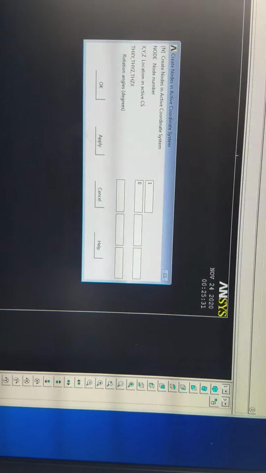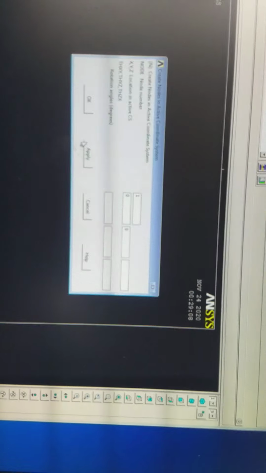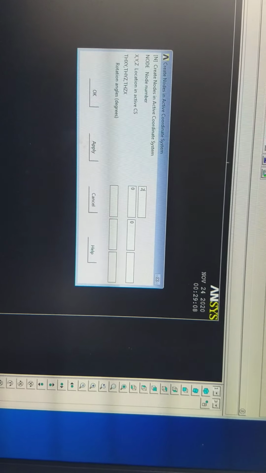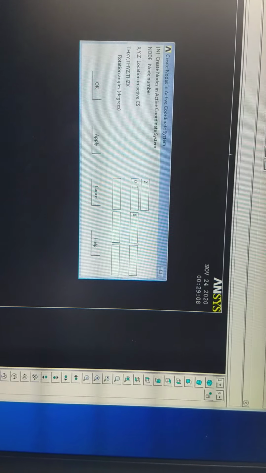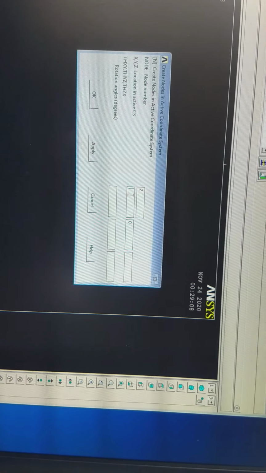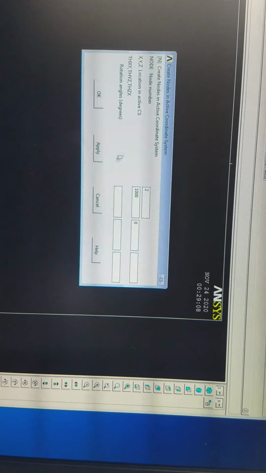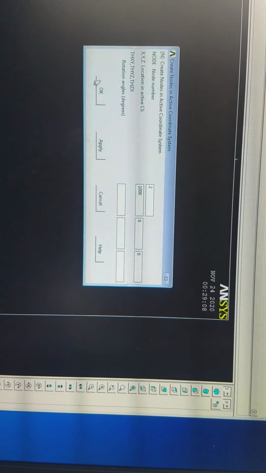First node is in 0 position. Go to apply. Now next is node number 2. Node number 2, I keep 1000 in x, y is 0 and z is also 0. Then OK.